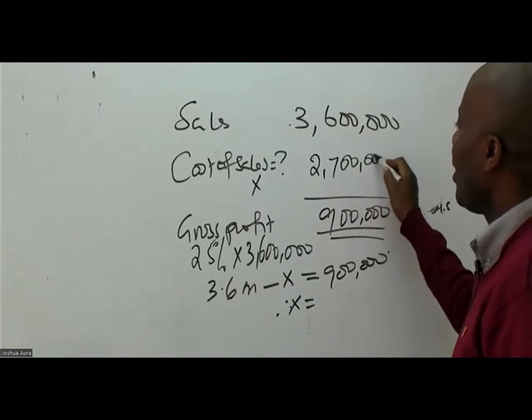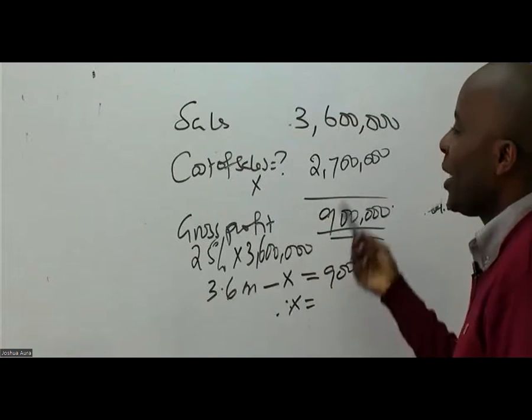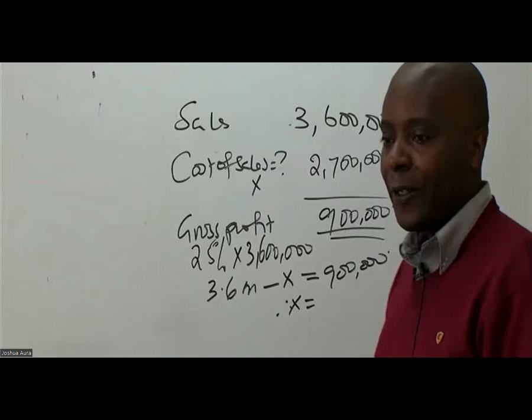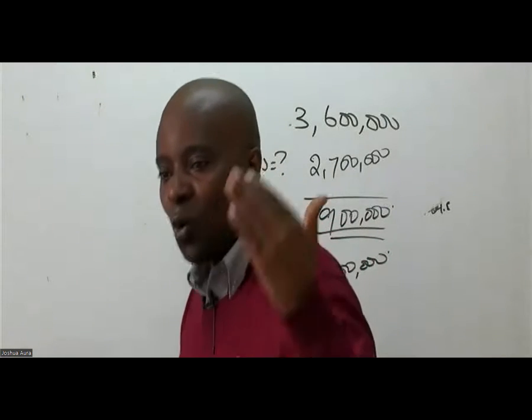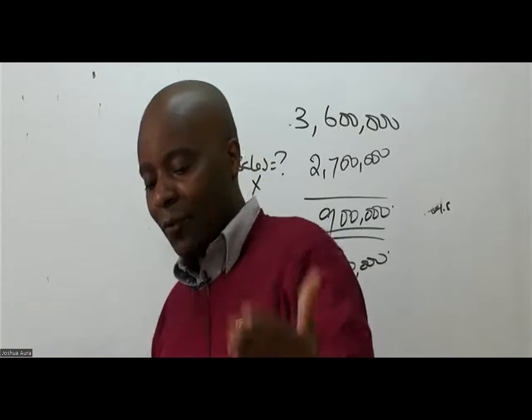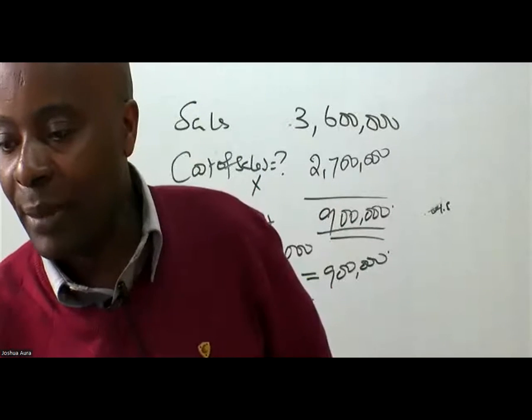The other alternative: if the gross profit is 25%, the cost of sales must be 75%. It's 2.7 million. That is the first thing that you ought to have done as a good finance scholar. So, ladies and gentlemen, after I've done that,